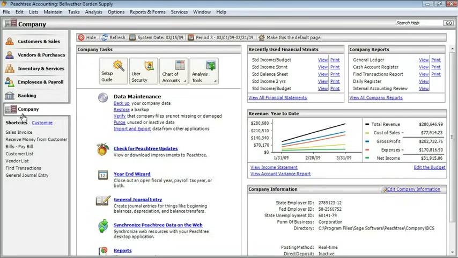Just below these different tabs, you see a section called Shortcuts. Shortcuts are customizable, and they are here, for example, for things that you use very often, sales invoice or receiving money for a customer. These are really completely customizable. If you want to create your own, you can click the Customize link,